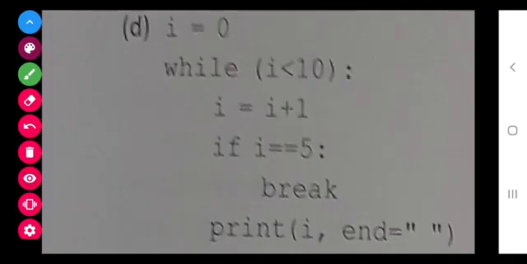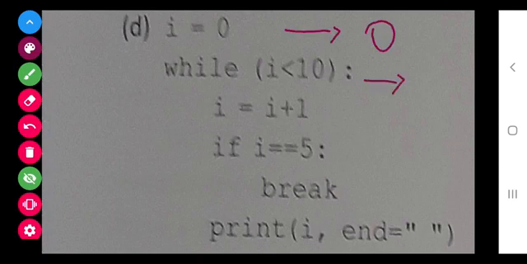Now class, in this we have to generate the output. So first of all, the value of i is 0, and this condition is true for 0. So the value of i gets increased by 1 as it is given.